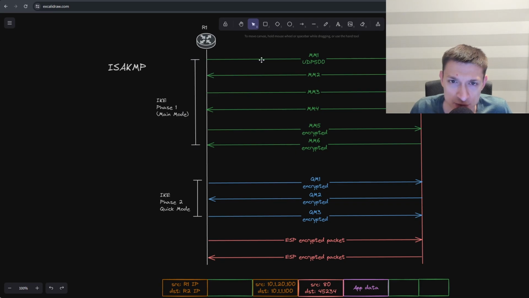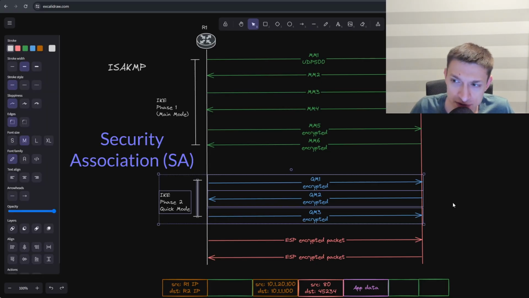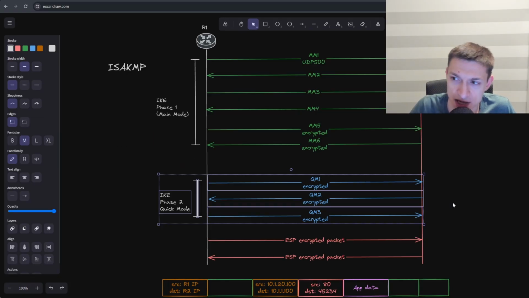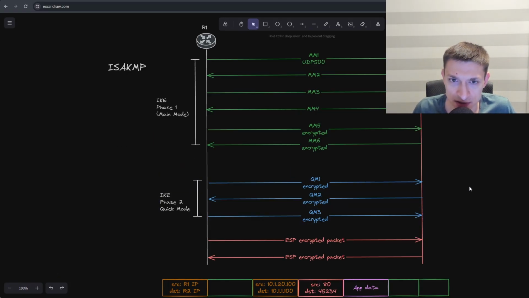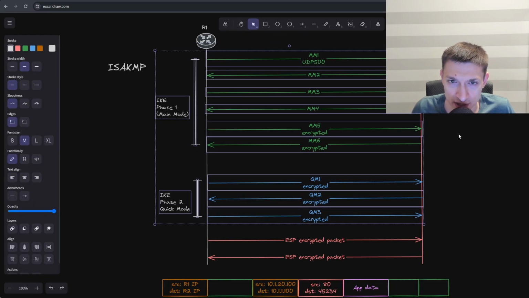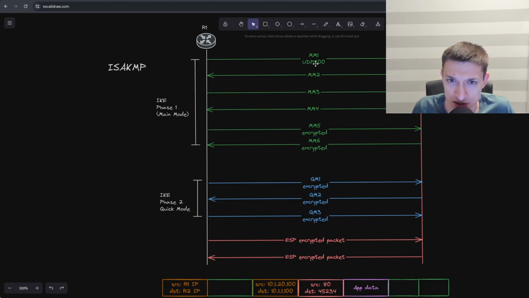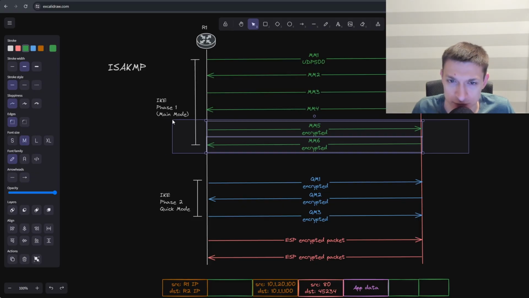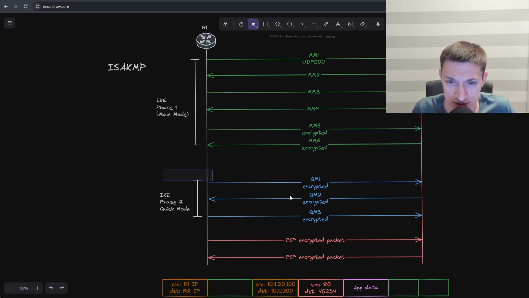The idea of phase 1 is to establish a secure management channel first, and then on top of that management channel, we will establish phase 2 security association or SA, which would be tunnels allowing us to send encrypted data. Now for all of these 9 packets, they will use source and destination port UDP 500. Packets 5 and 6 of main mode will already be encrypted, as well as all packets of quick mode. And after we are done with all of this, and after phase 2 SA came up, we can start encrypting